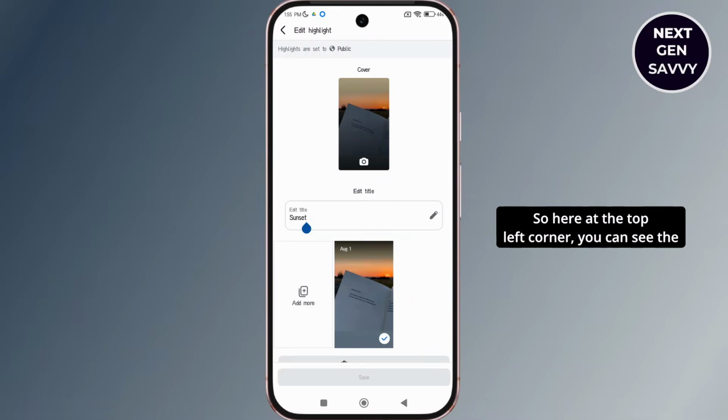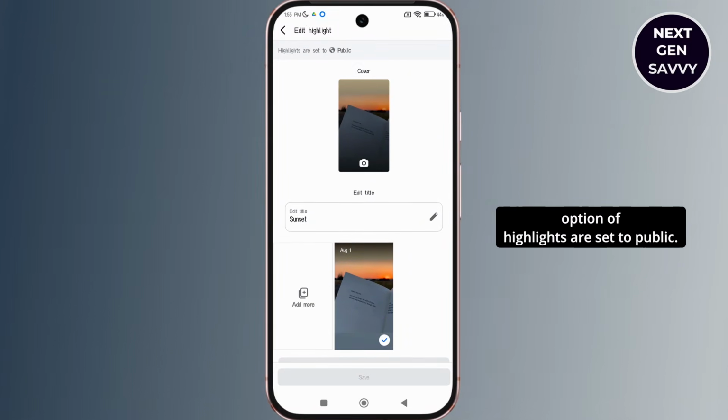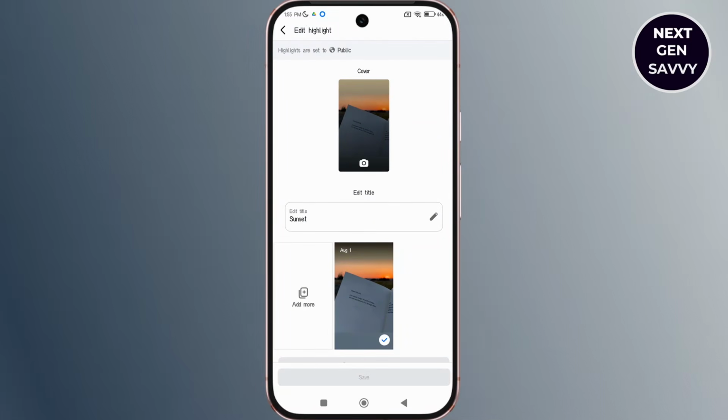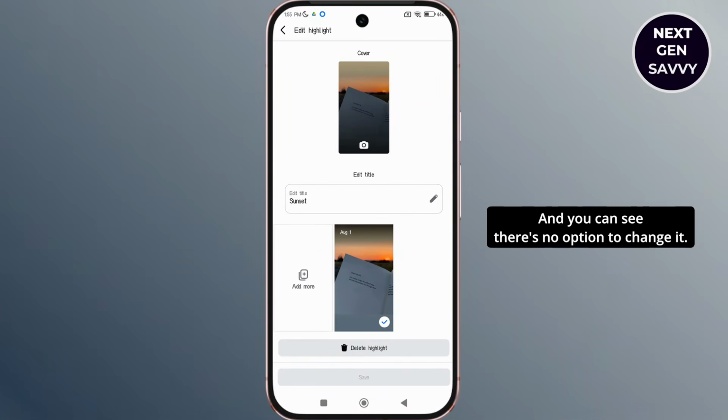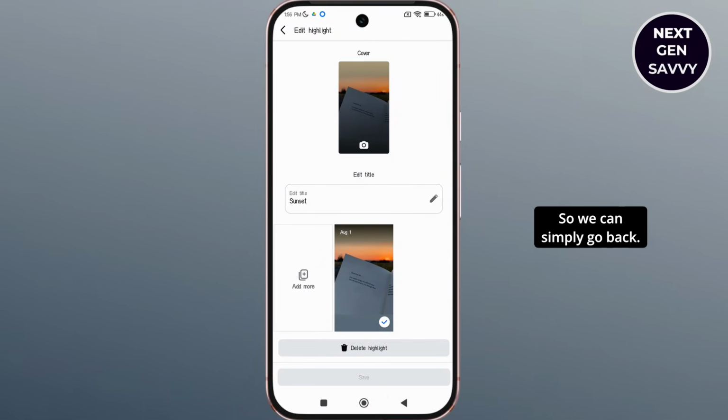So here at the top left corner you can see the option of highlights are set to public. So tap on this option and you can see there's no option to change it. So we can simply go back